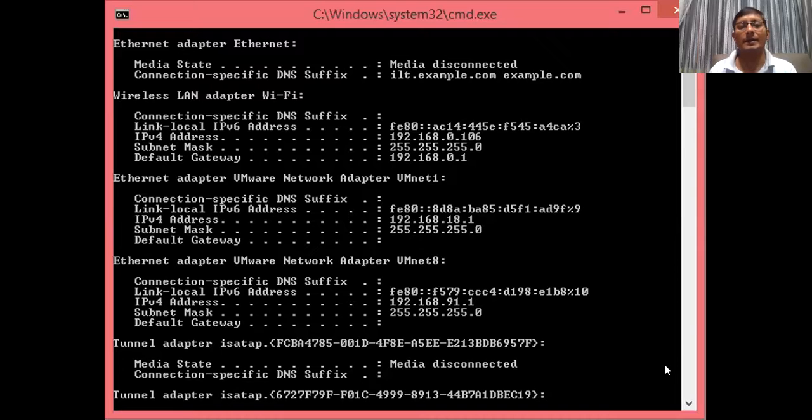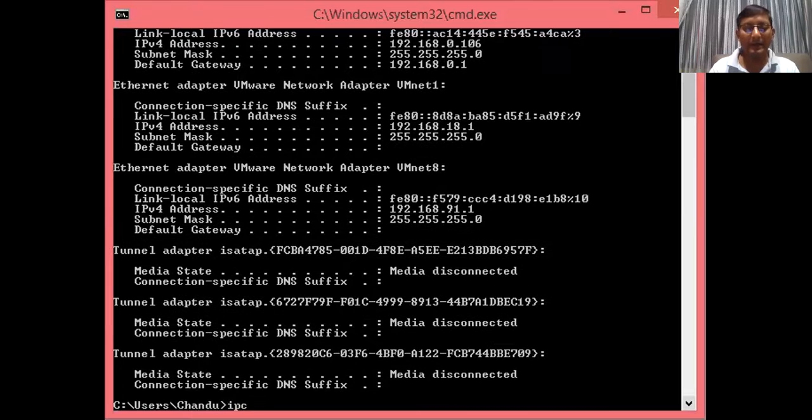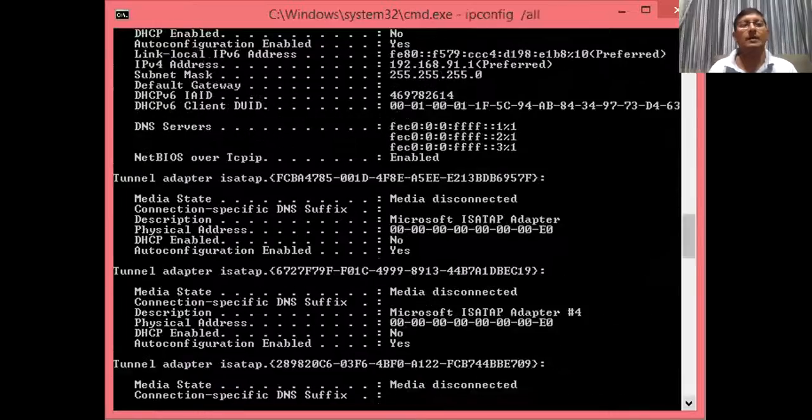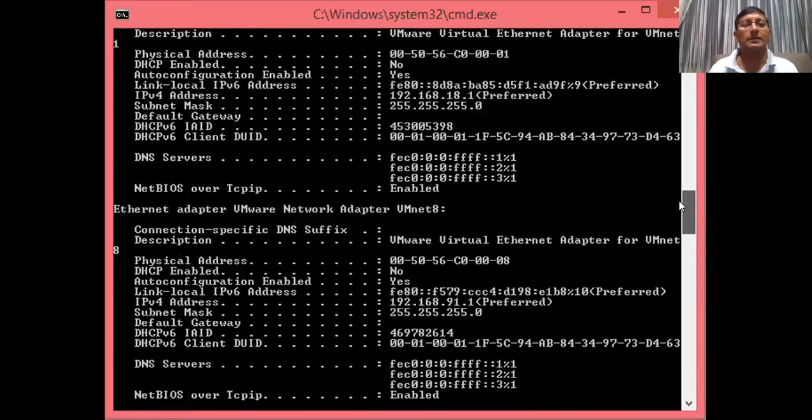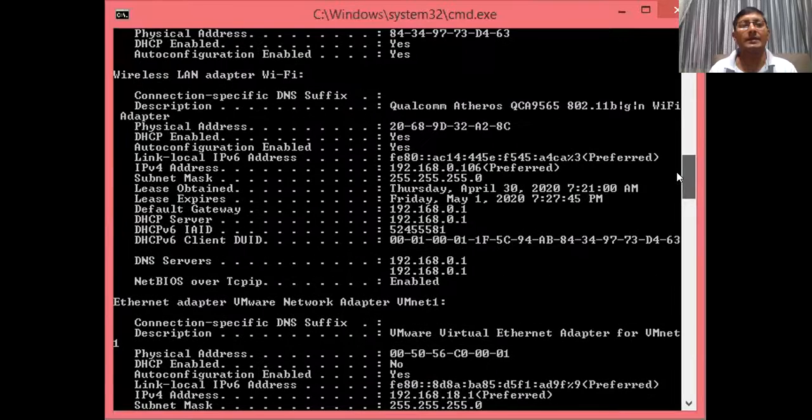Yesterday I explained about router, I explained about network, right? The same scenario we can take, and I will explain a few more details here. Apart from that, if I go for ipconfig /all, it is showing a little bit more details. You can ignore whatever remaining details we have, but I am checking the wireless LAN adapter Wi-Fi only.